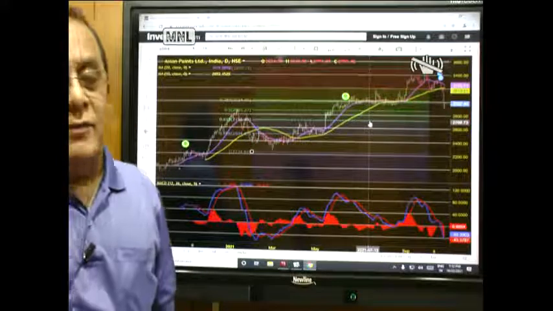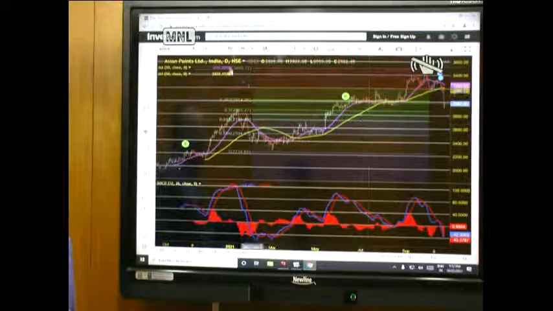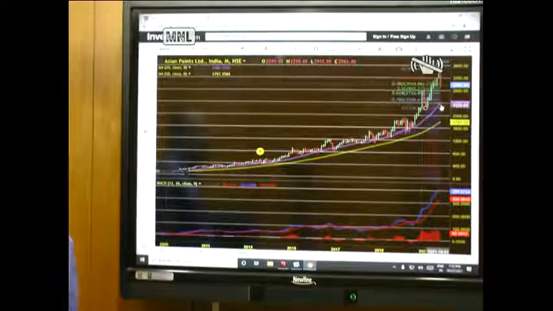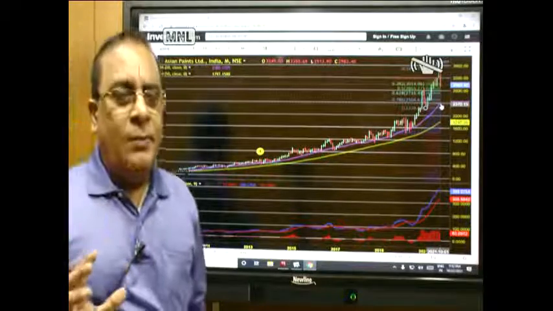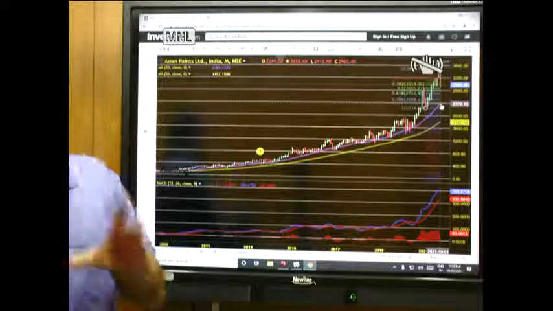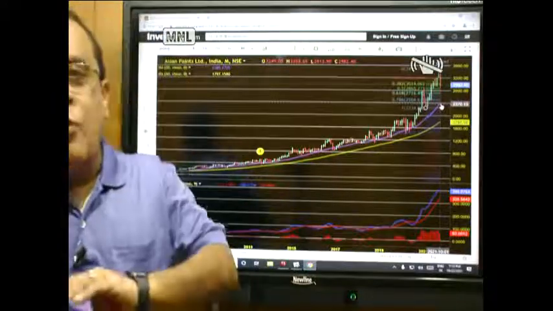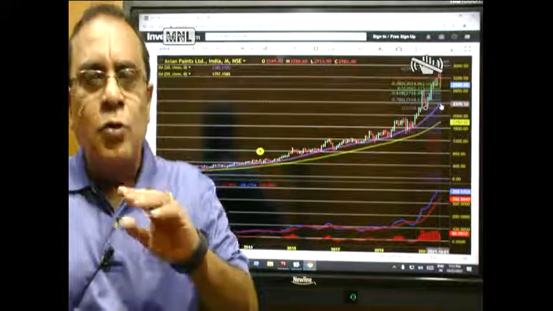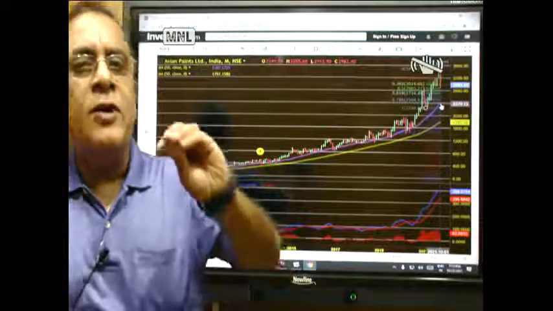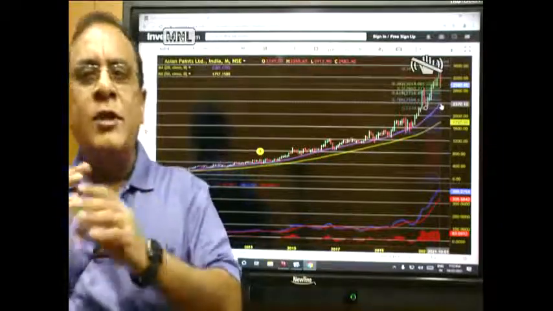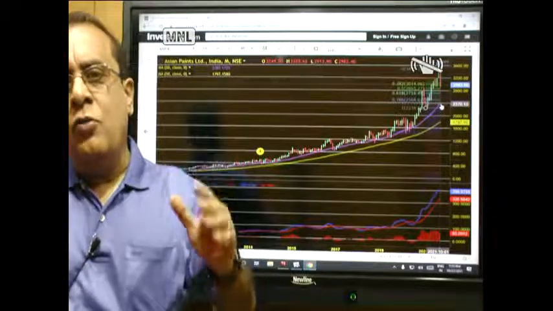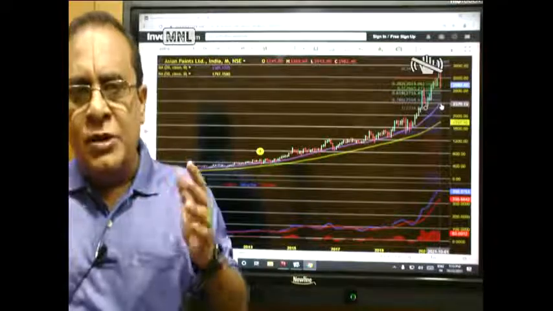Now we talked about the 20-month moving average. That's what we saw here. Let's look at the monthly chart. The monthly chart says that probably a bigger fall up to 2370, 2380 is possible. So we should be prepared. So if you're buying at 2715, closer to that, how do you make the investment choice? If you buy at 2715, then you should be in a position to invest a little more closer to 2350 or 2400, so that you will average everything around 2550 or so, and then on a rally you will have a substantially good profit. So what you should do is look at how Asian Paints behaves around